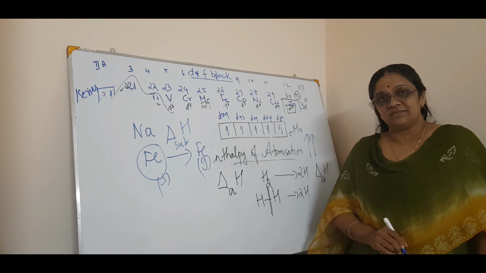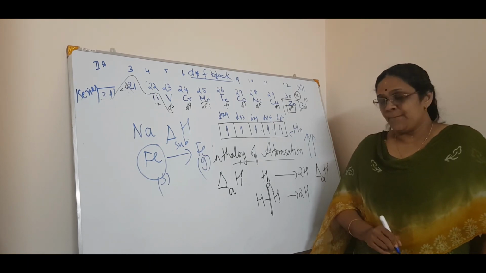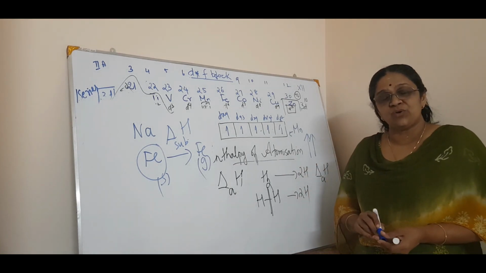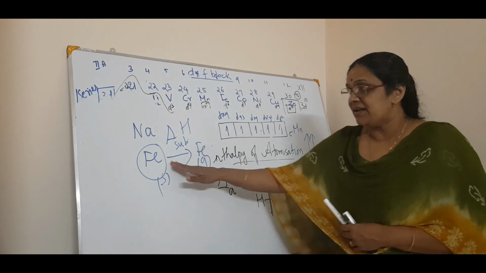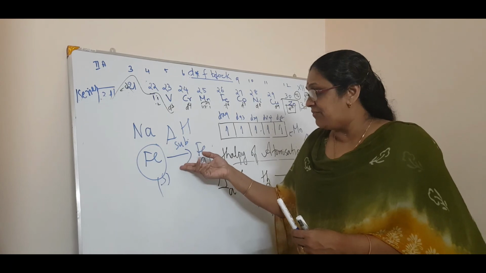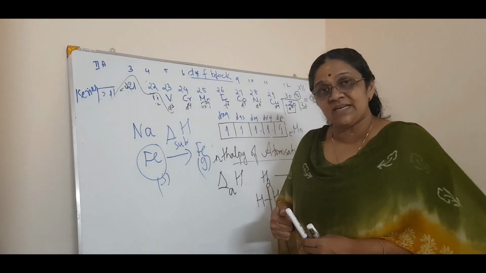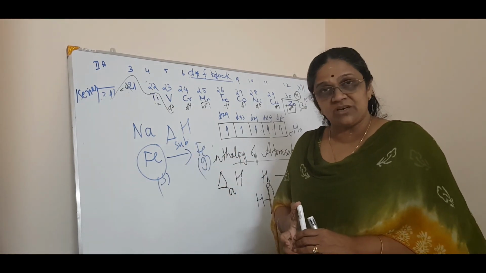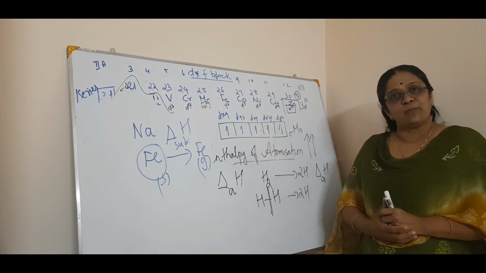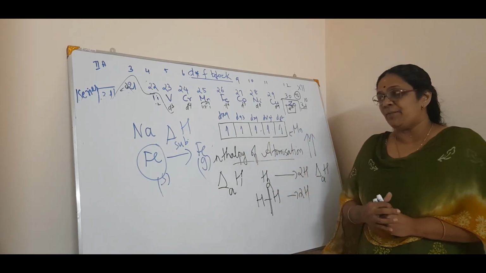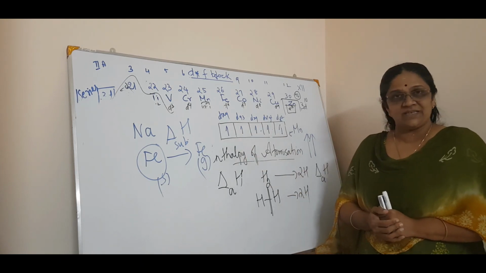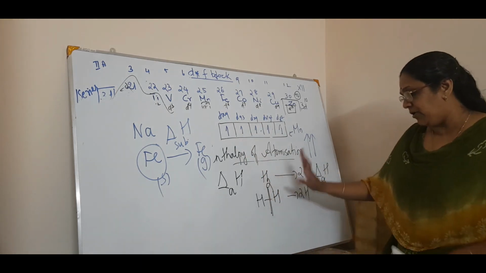Got it? Simple. For hydrogen, the enthalpy of atomization can be related to bond enthalpy because we have to cut the bond. Here there is only one metal in the solid state, so you have to convert it into the gaseous state. For that, the enthalpy of sublimation is needed, so it depends on the element. So that is about the enthalpy of atomization: the greater the number of valence electrons, the greater the enthalpy of atomization.